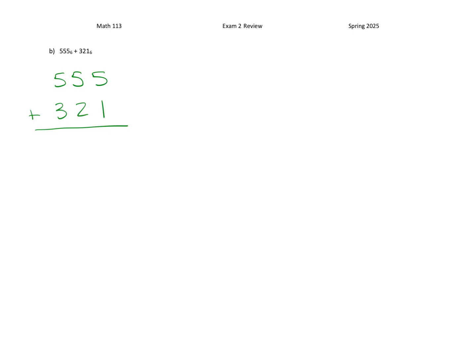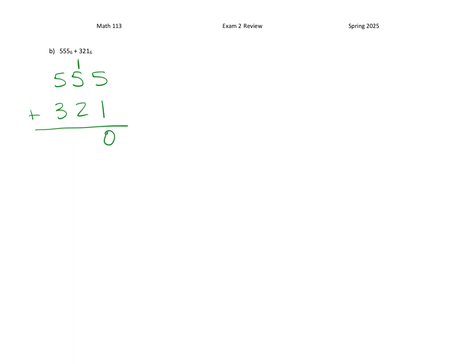And anytime I get a bundle of 6, I'm going to carry that bundle of 6. I'm going to say that's one bundle of 6 and move it to the next place value. Okay, so 5 plus 1 is 6. That I can make a whole bundle. I can make one bundle of 6. So I'm going to put a 1 up here to represent that is one bundle of 6 with none left